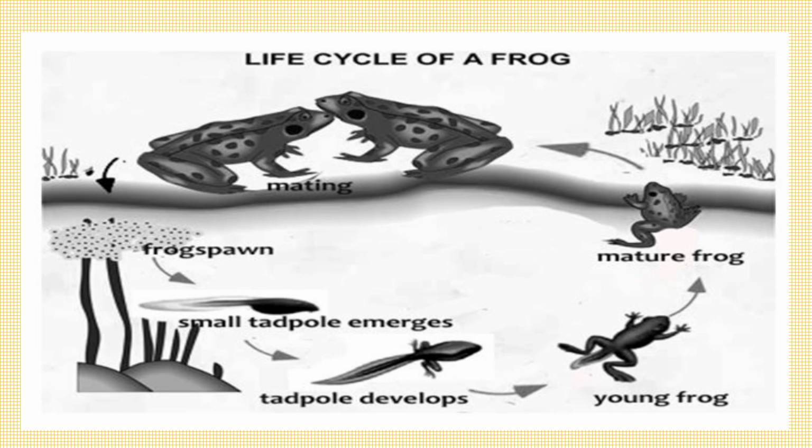Now this is a diagram of the life cycle of a frog. The diagram illustrates the various stages in the life of a frog. The common frog undergoes many physical changes over the course of its life. The life cycle of the frog begins with the mating of frogs, and it leads the females to lay eggs